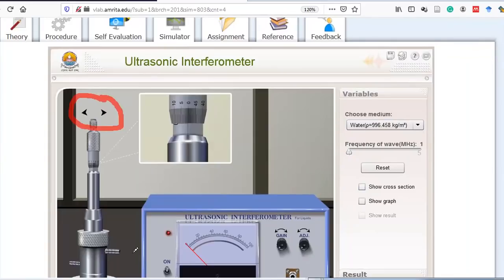And this is your emitter, on the screen you can see. This emitter reading will be in the microampere range. So the current which you are seeing on this emitter part is in microampere. You note it down carefully from the scale, and this is the setup. This one is the entire setup, up to this part. So this is your setup basically, the ultrasonic interferometer, and now all such details are there over here. I am skipping them all.